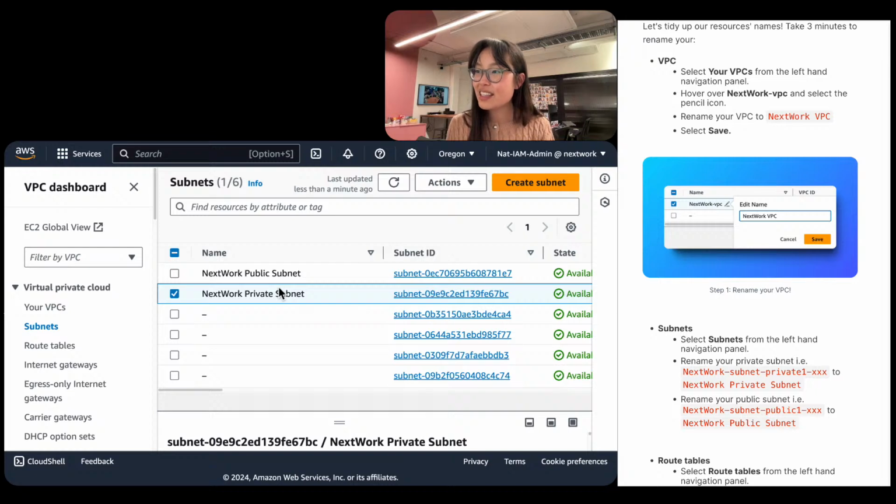And as a reminder, what are subnets? So VPCs are the city. Subnets are like the neighborhoods within that city. So if you have a huge city and this is where you launch all of your resources, subnets are a really good way to organize your resources into smaller groups, into smaller neighborhoods. A public subnet is where the resources are accessible by the internet, so people from the public internet can access the resources that you launch into the public subnet, whereas the private subnet is like a